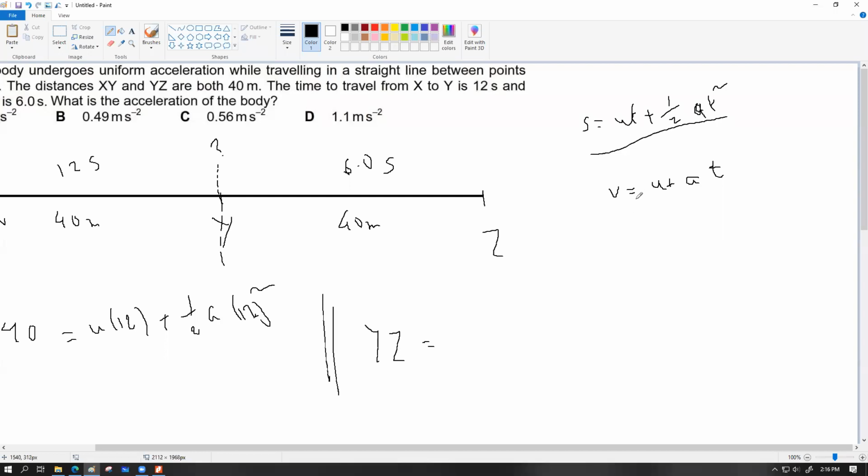This is the equation for final velocity. The point that I'm trying to make is that the final velocity after the XY segment is the same as the initial velocity before the YZ segment, because the motion was described as a continuous motion. So in this case, I can write for the YZ segment,